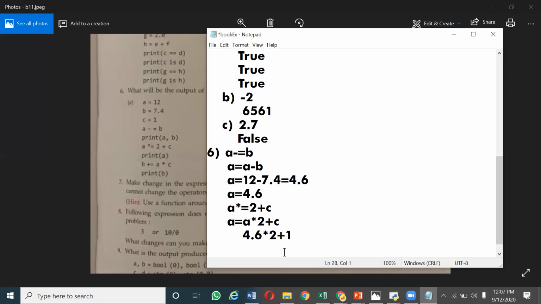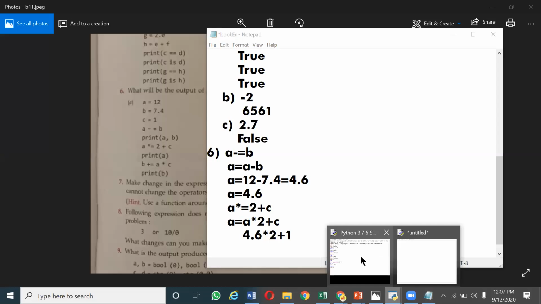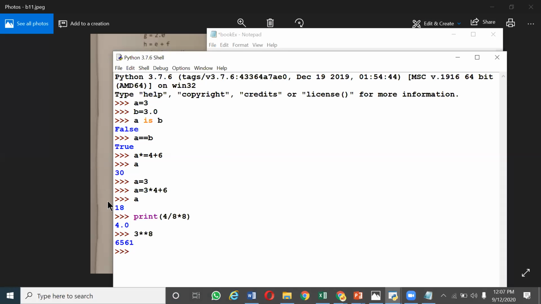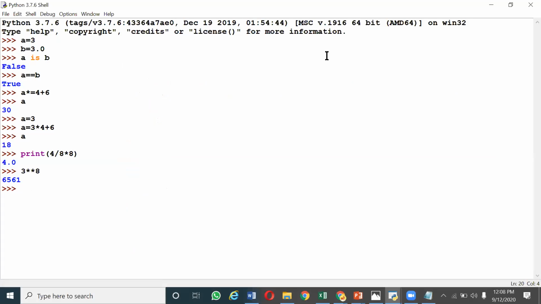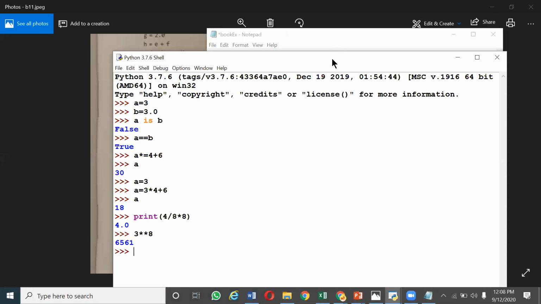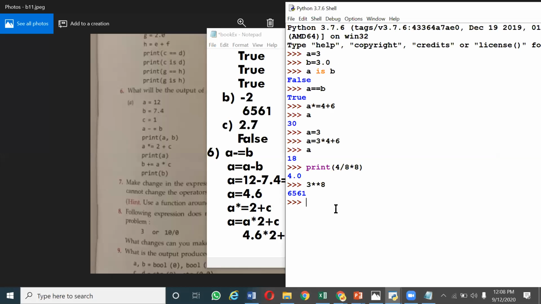So now let us evaluate it. Look at this very carefully. I'm writing 4.6 star 2 plus 1. When you do that, the result is 10.2.